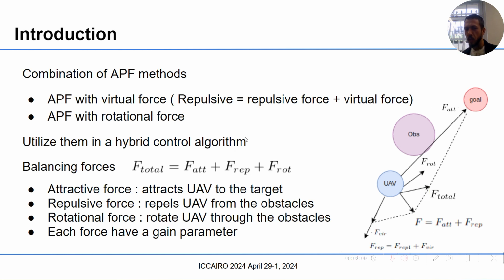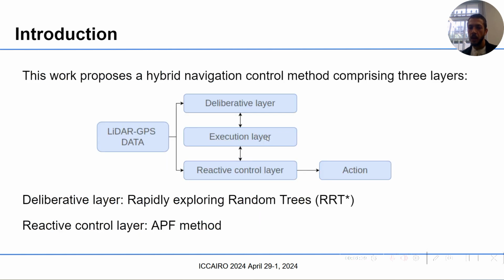We combine two APF methods, one with a virtual force and one with a rotational force that helps the UAV rotate through the obstacles, avoiding unnecessary maneuvers. Each one of these forces has a gain parameter that influences the intensity of the force in the total force. We use the hybrid control method that consists of three layers: the deliberative layer, where a